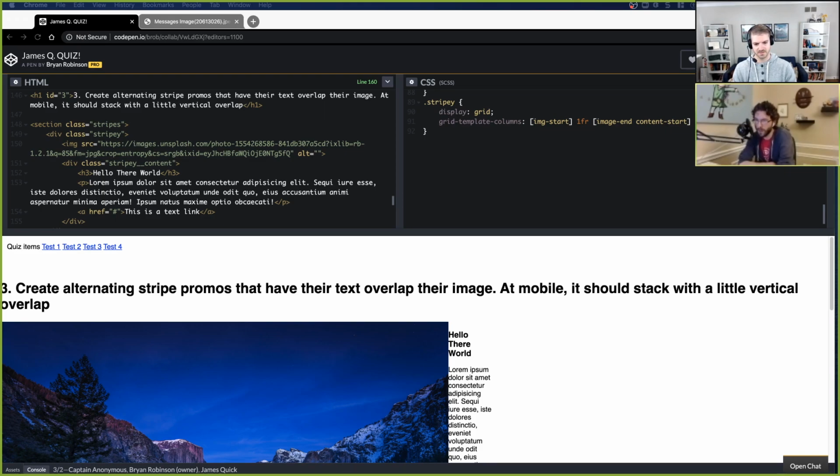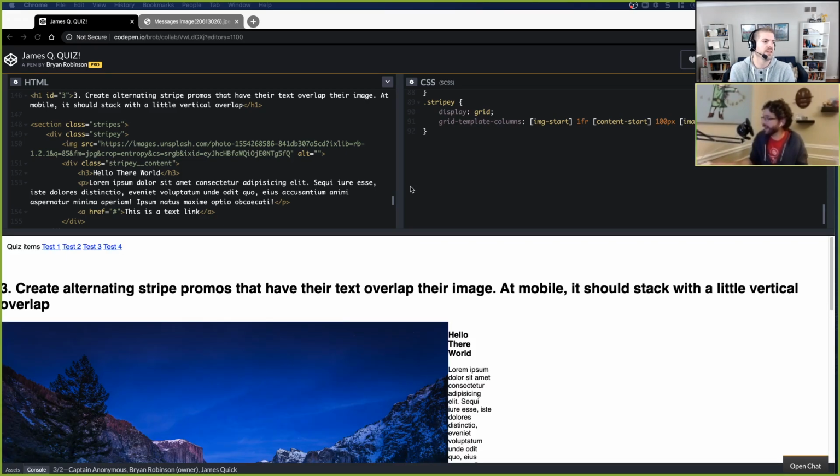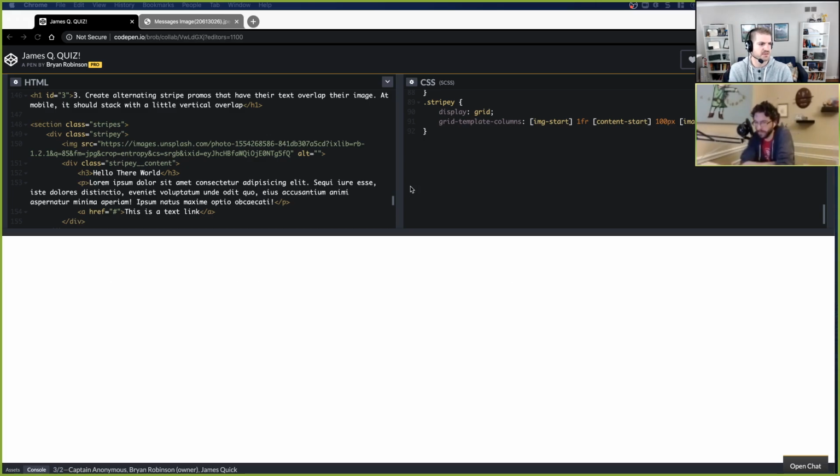But if you were to, here, I'll go ahead and jump in over here and say you want the content to start here. You're right about that, right? But you actually want your image to end after your overlap area, right? And the content then needs to end at the end. Okay, gotcha. Yep, that makes sense.